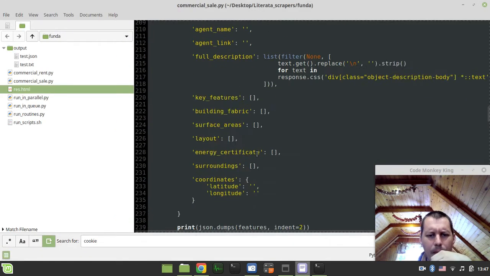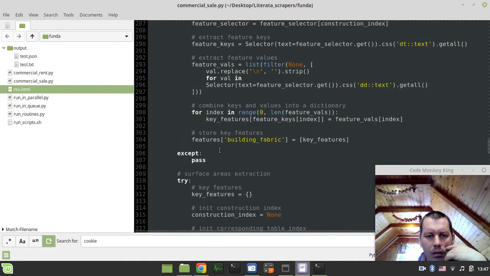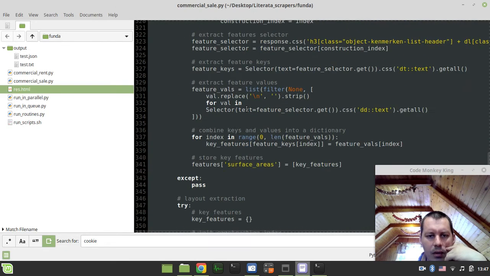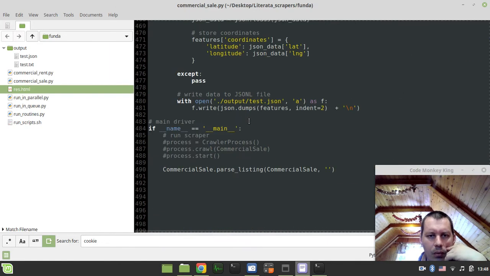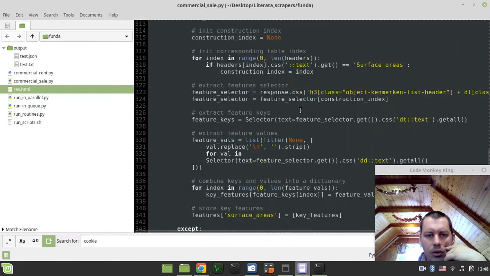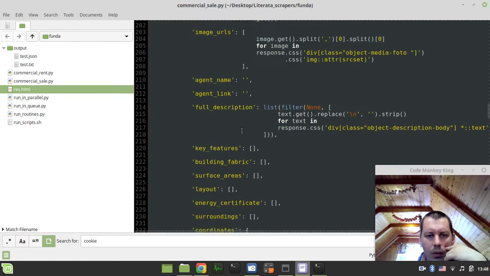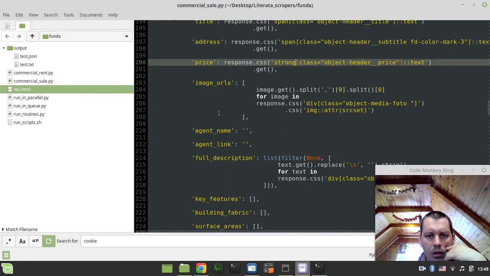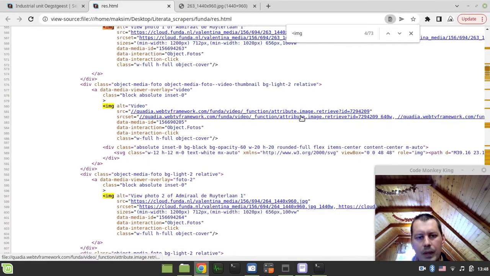I don't remember. I probably could have. So key features, extraction, building fabric, right? Surface areas, layout, extraction, energy certification, surroundings, coordinates. Yeah, so the images should be just bundled into. Where are the images? Yeah, so they are just bundled. Okay, so let's go for